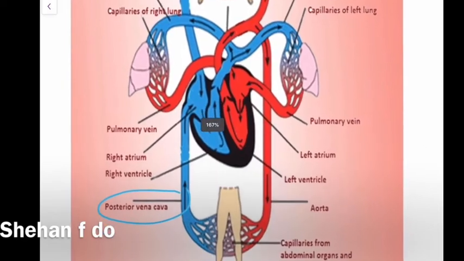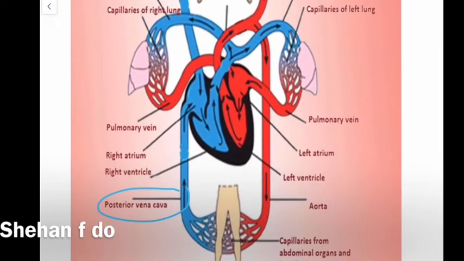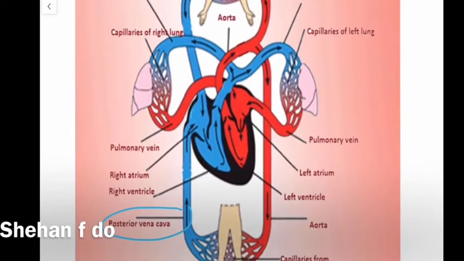And from the right atrium it will go to the right ventricle, and from the right ventricle this blood is pumped into the lungs, and in the lungs there will be gas exchange and oxygen is added to the blood while carbon dioxide diffuses out of the blood, and now the blood is called oxygenated. That is, there's a lot of oxygen and less carbon dioxide, and this oxygenated blood then via